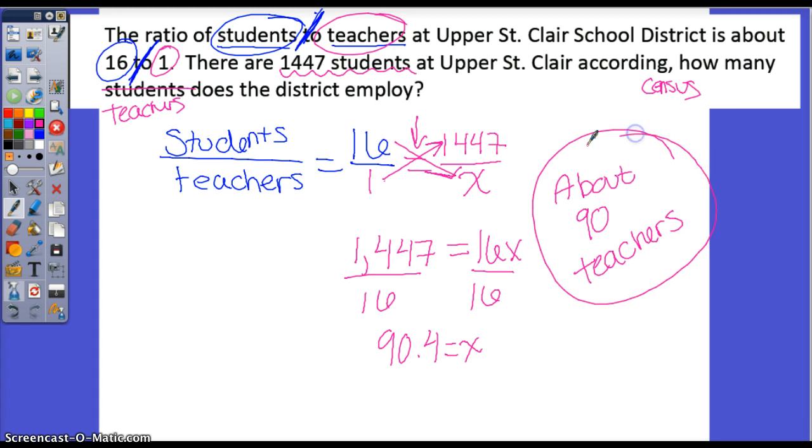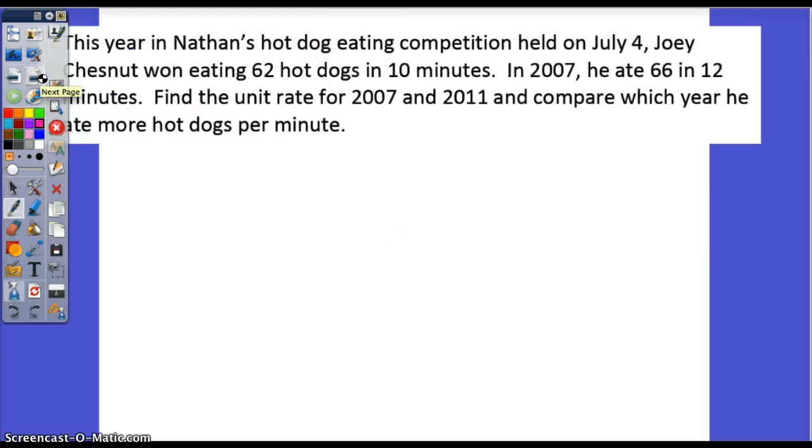And this is probably not in the whole district if you think about it. I'm sure this is just one of the schools. Let's go to number 2. Now, I'm sure you've heard of Nathan's hot dog eating contest. I think they show it every 4th of July. It's really crazy. But this year, in Nathan's hot dog eating competition, which was held on the 4th of July,